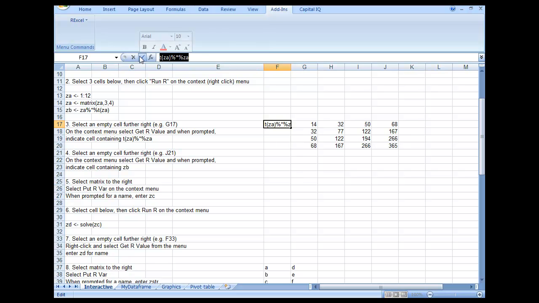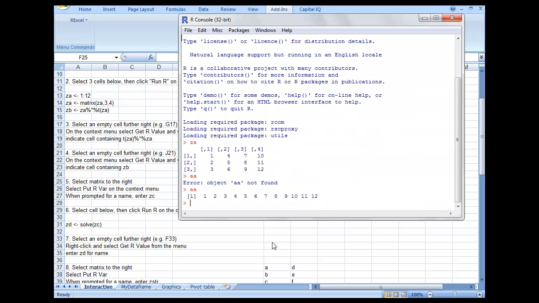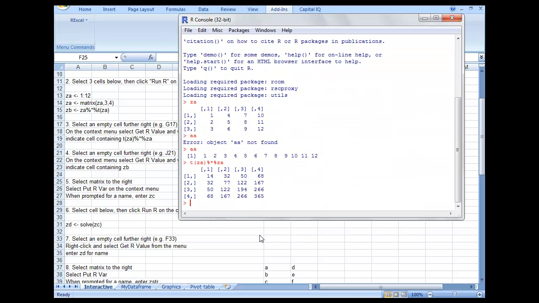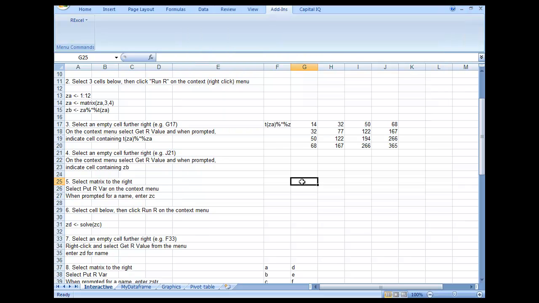So this is as good as what I would believe is doing the same in R. Let me just double check. Yes, so this is as good as playing around with the things and getting them into R. Now selecting an empty cell, get R value and prompt indicate the cell ZB. Let's check that. So select an empty cell, for example J21. On the context menu, select get R value and when prompted indicate the cell name ZB.